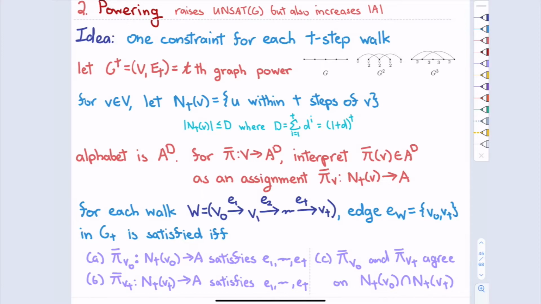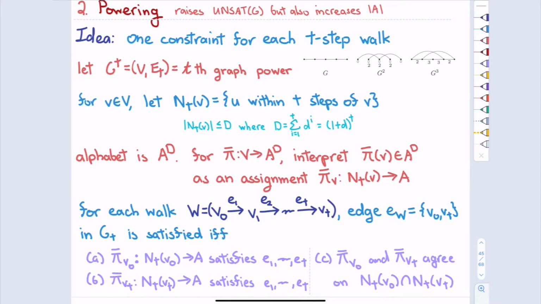So each vertex assigns a letter to each of its nearby vertices. Now, given one of these walks, we create a constraint in that powered graph if it's satisfied by the following.